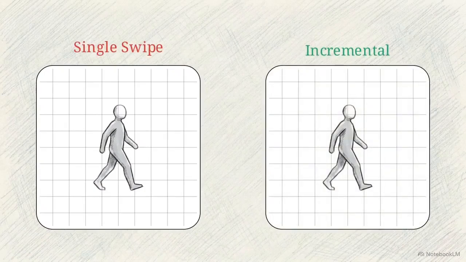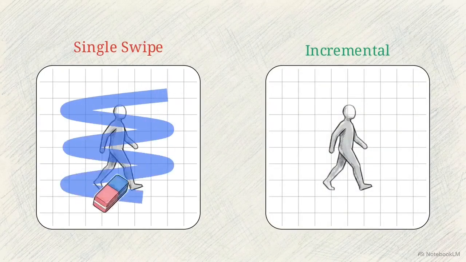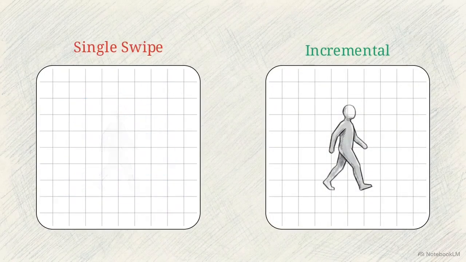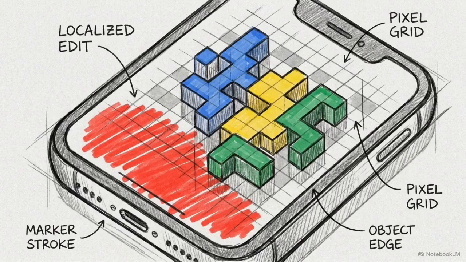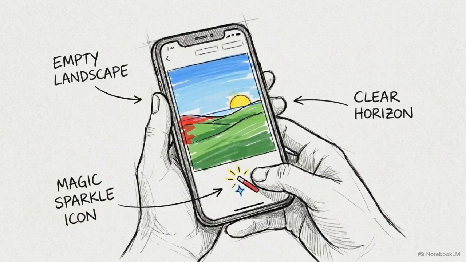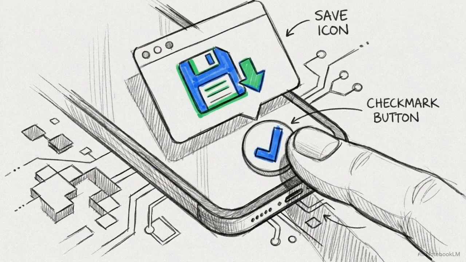This split screen illustrates a common mistake. On the left, erasing a complex object with one swipe overwhelms the algorithm, warping the background. On the right, the correct approach, applying small, incremental brush strokes to remove the object piece by piece. Breaking the object into smaller sections provides the generative AI with more surrounding context, which leads to a much cleaner background fill. Once the distraction is gone and the background looks natural, tap Done in the lower right corner, then